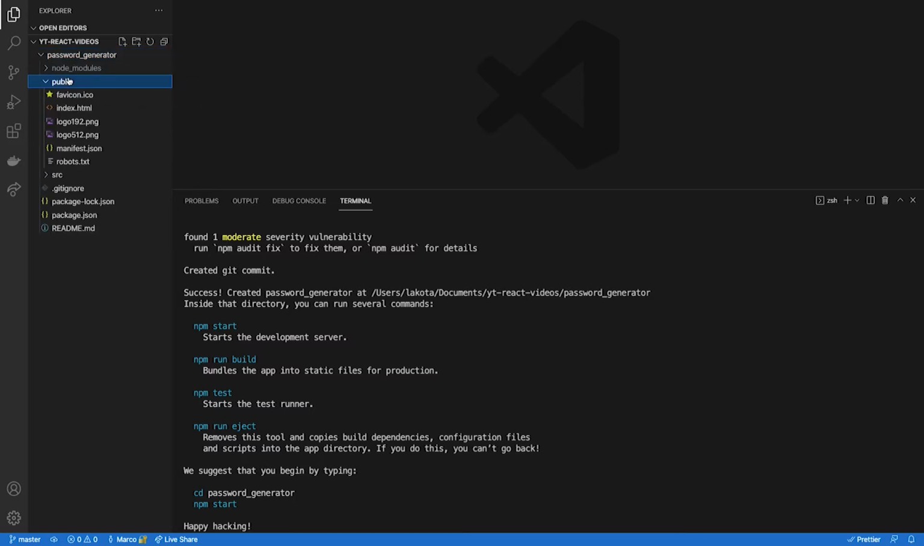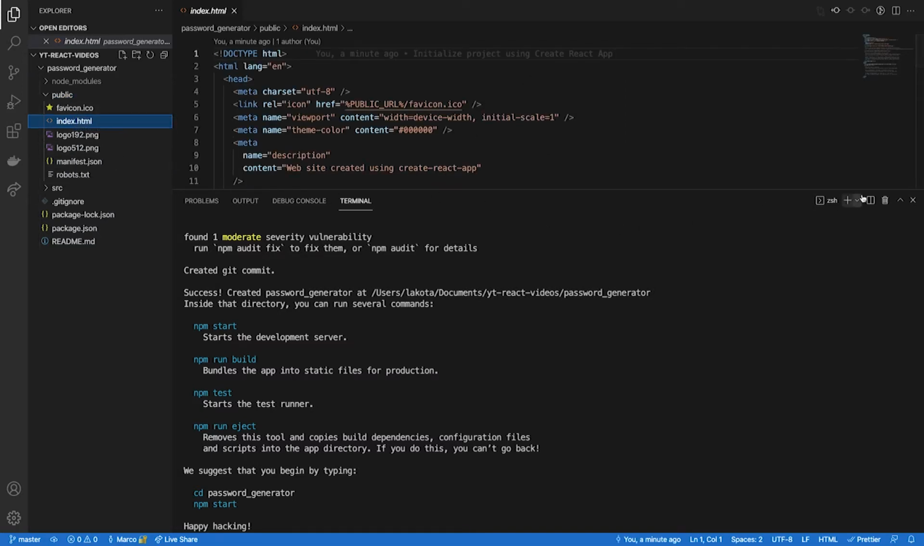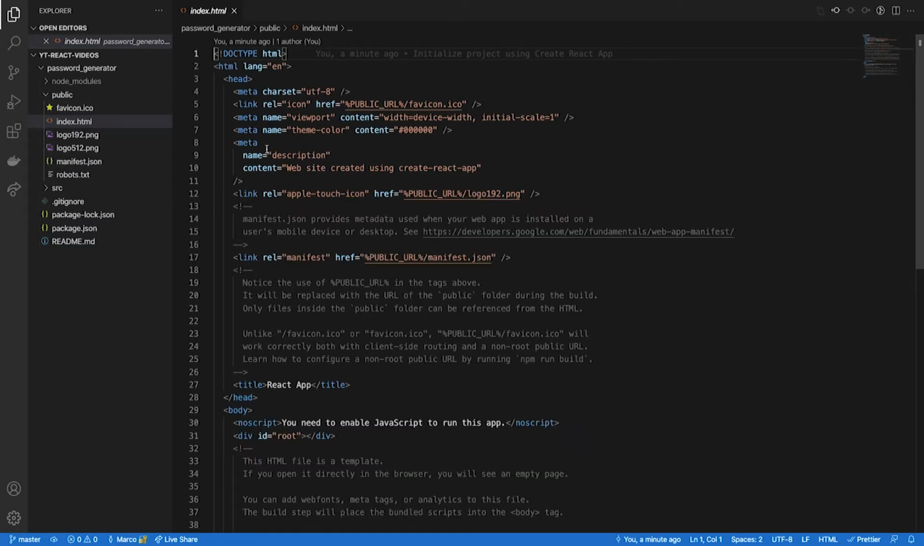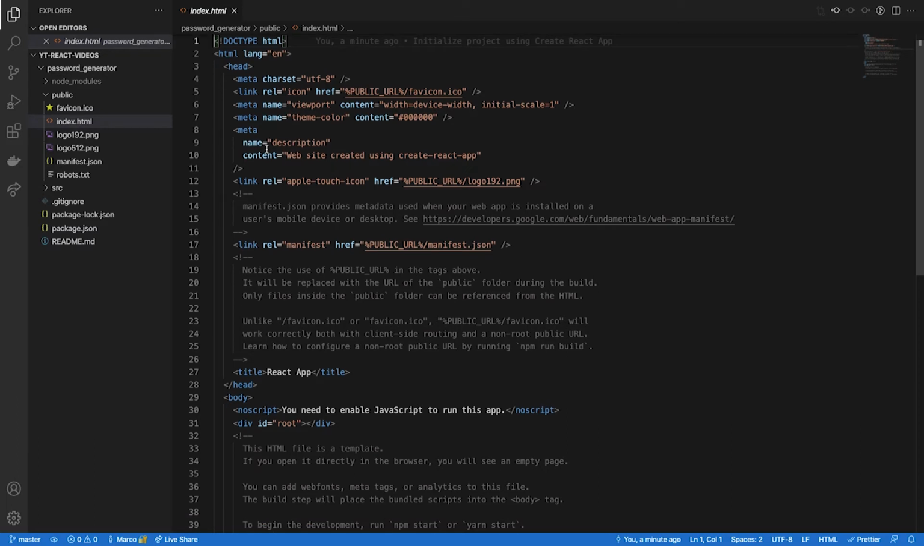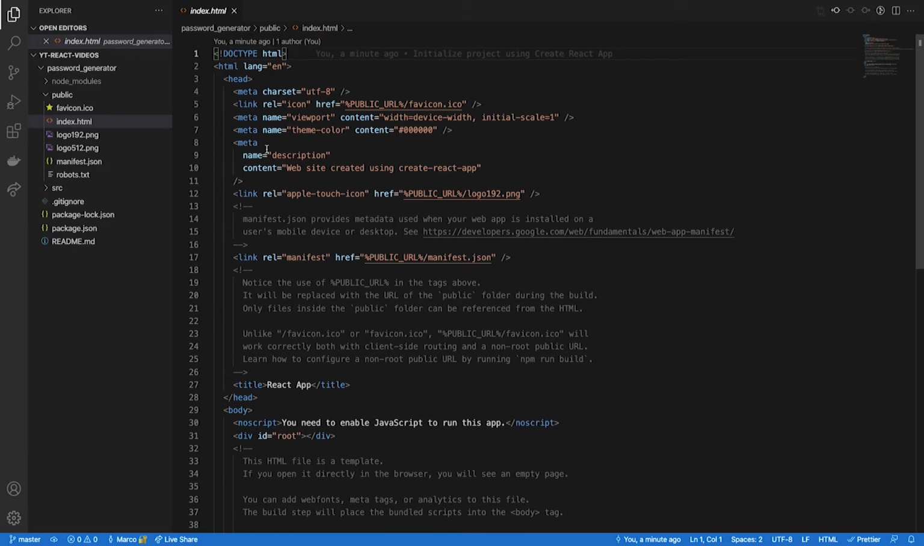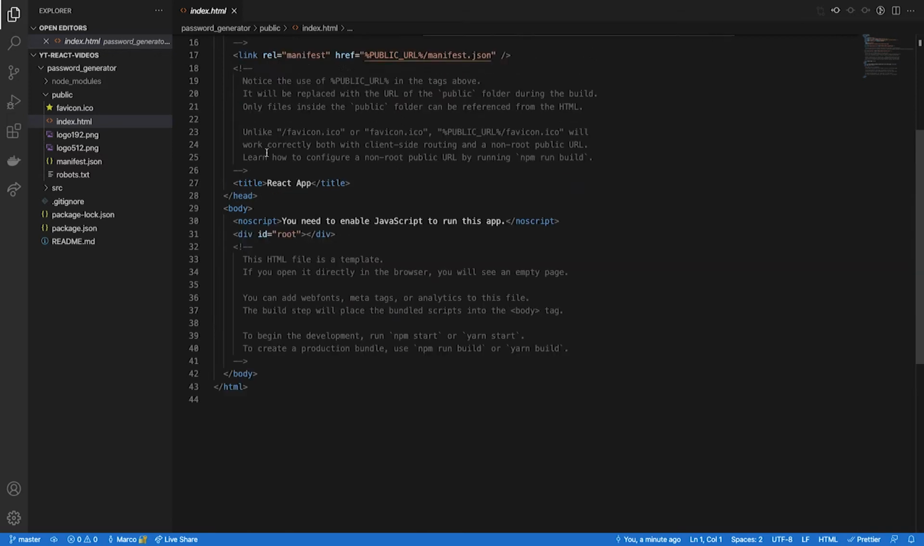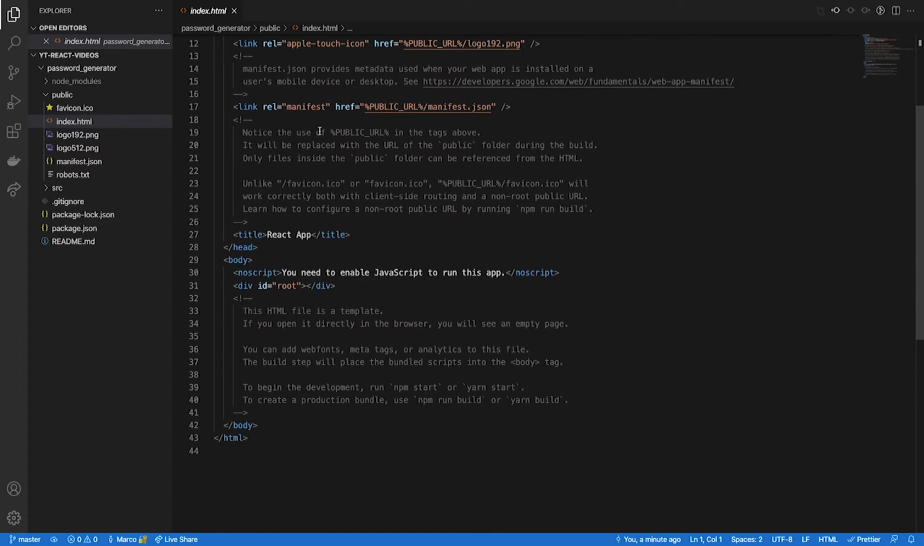The public folder is where all the images and static files are going to be, more or less, but mainly there is this index.html, and this is going to be the main entry point for the HTML, so for the markup. And as you can see, there is basically nothing. There is just this div with the ID of root,